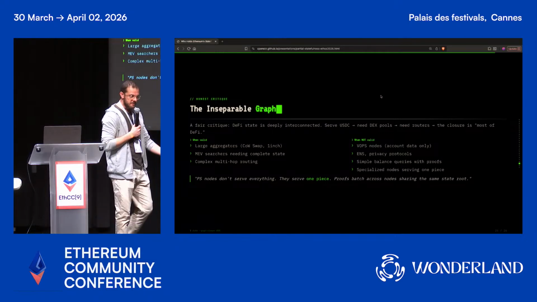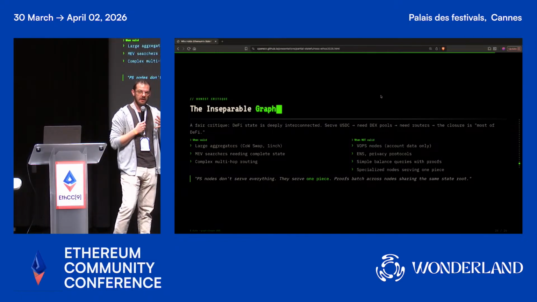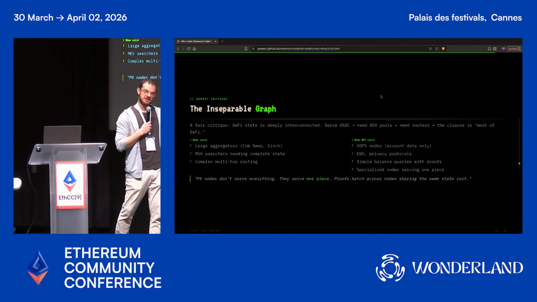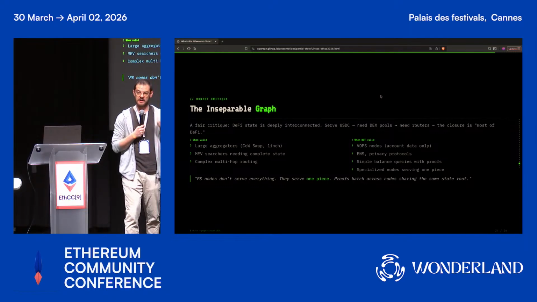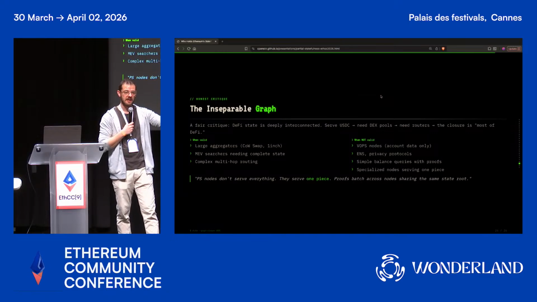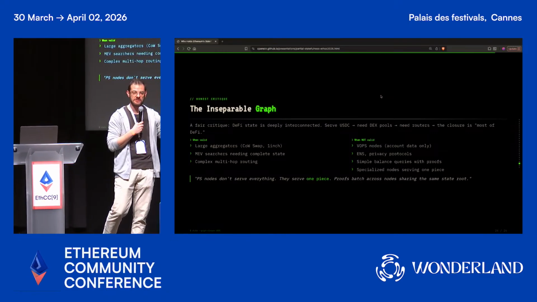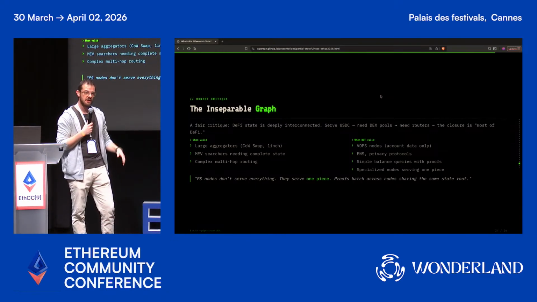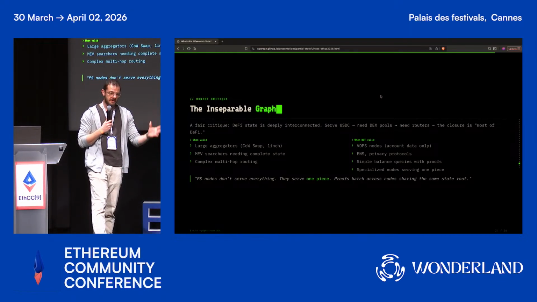This is not a silver bullet, right? There are types of state queries that are really amenable to partial stateful clients. Like, sure, I'm making a transaction, I need to know my balance, I need to know my balance in some contract for my tokens or whatever it is. When you enter the DeFi territory,